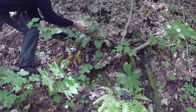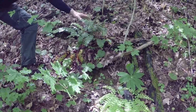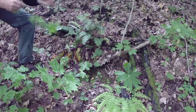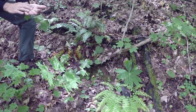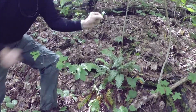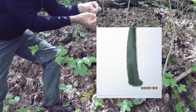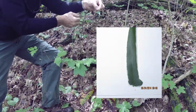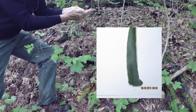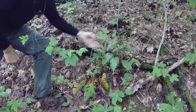One of the things you can look for in identifying Christmas ferns, besides the reduction in the leaves, is that the little leaflet, and we'll show this as a blow-up, looks a little bit like, with a little imagination, a Christmas stocking. So you put your little nail right there, and there's your Christmas stocking. So looking at the structure of this little leaflet, you should be able to identify Christmas fern as you're walking